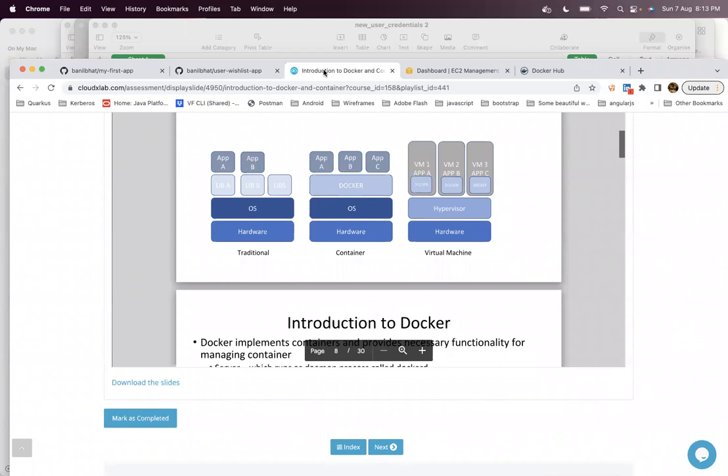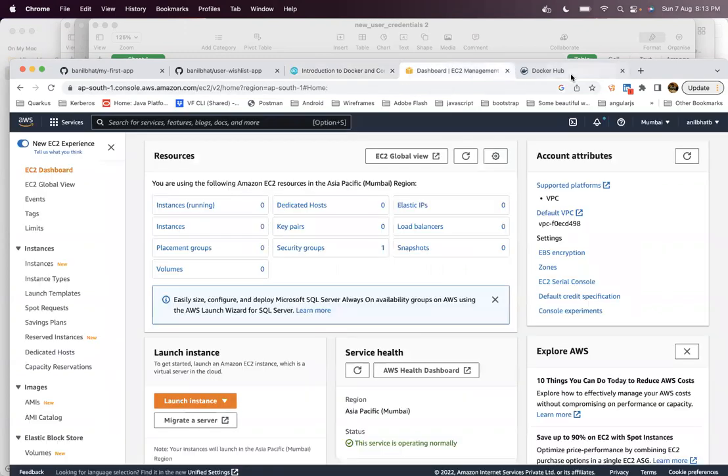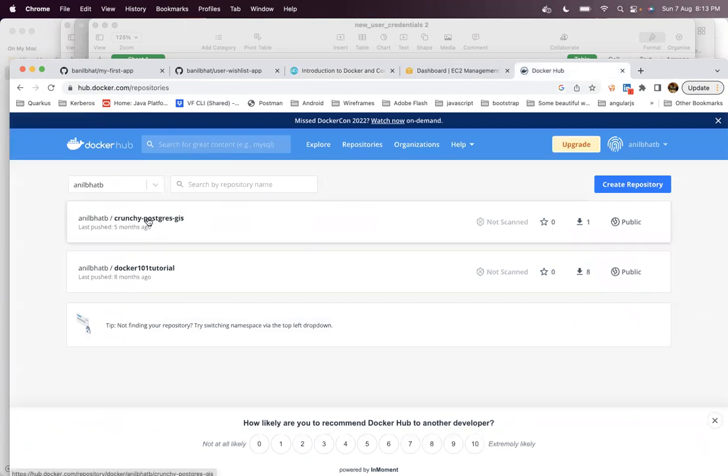So you just need to store that in some content registry, a common repository, and then pull it back onto another VM. So it can be easily moved from one virtual machine to another, just like that. I will just show you. Here, for example, you have a Postgres application, like I said, a C# application. Here I have a Crunchy Postgres application.